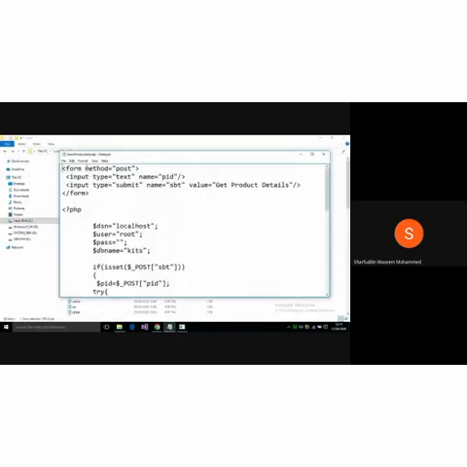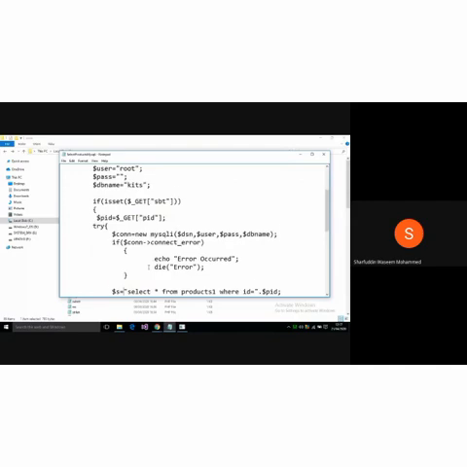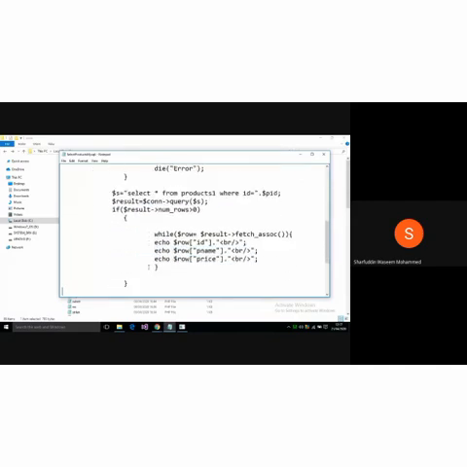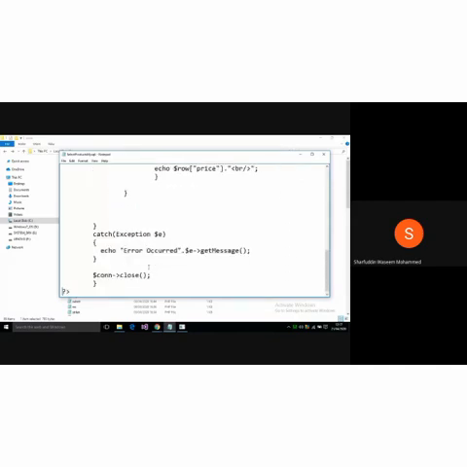Here it is a post method, but I will convert it into a get method. Wherever post is there, it will be replaced with get. You already know this from when I told you about getting parameters from the user. So I will save this.